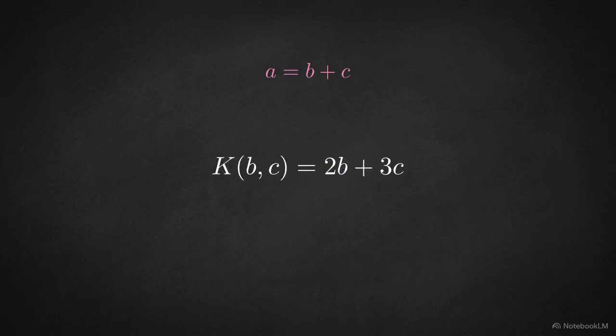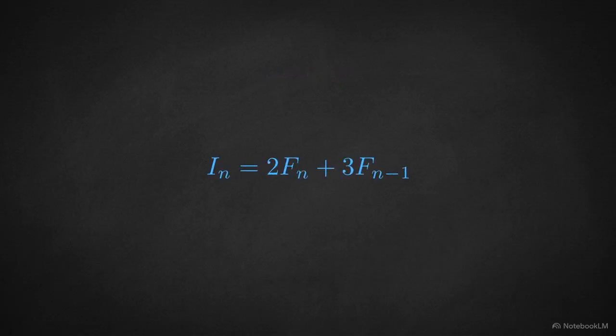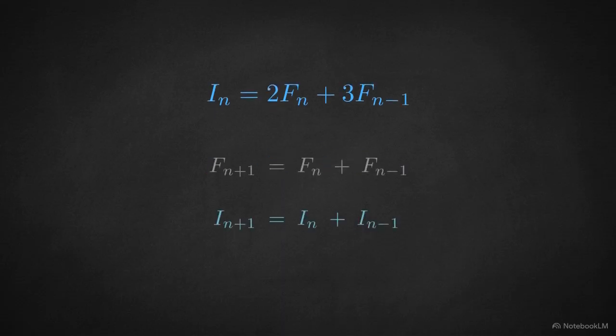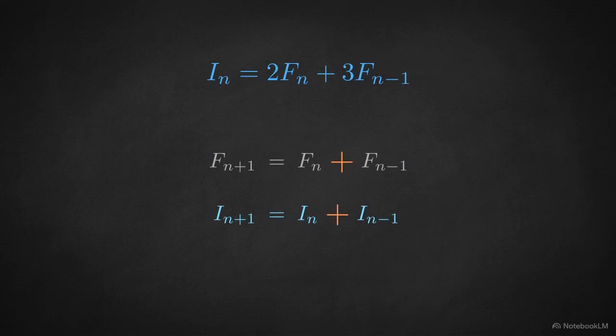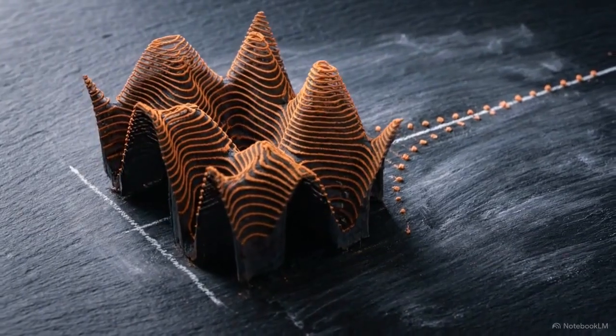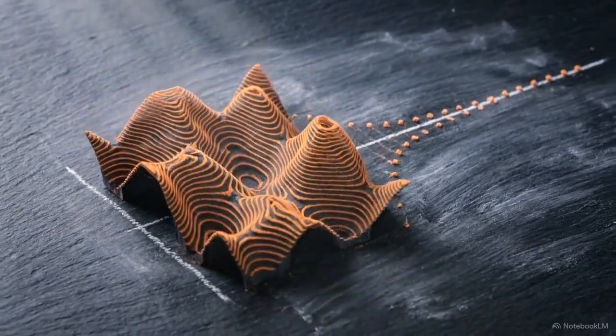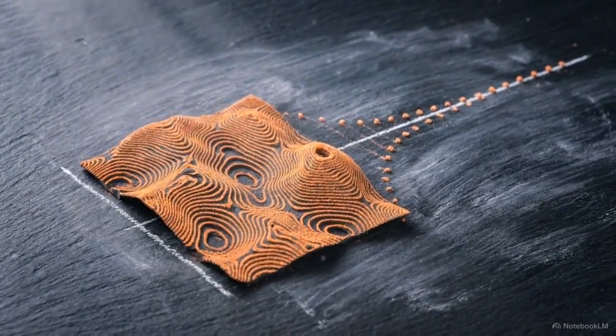These cubic terms cancel out, leaving a condensed numerator of bc times (2b plus 3c). Dividing by the denominator leaves the final reduction, 2b plus 3c. This creates a new sequence, I sub n, defined as 2f sub n plus 3f sub n minus 1. This reduction flawlessly preserves the initial recursive structure, where I sub n plus 1 equals the sum of the two preceding terms. Applying the Fibonacci constraint to this volumetric function excises the cubic complexity, returning the system to its original